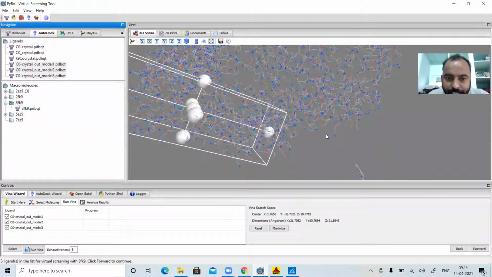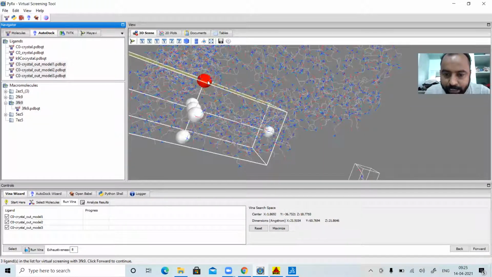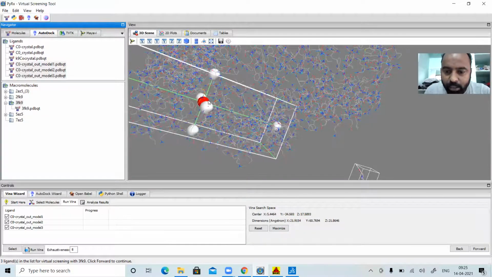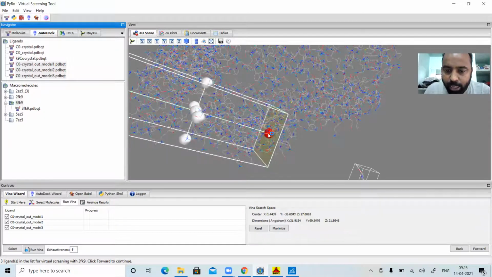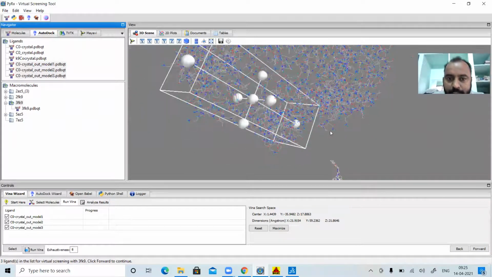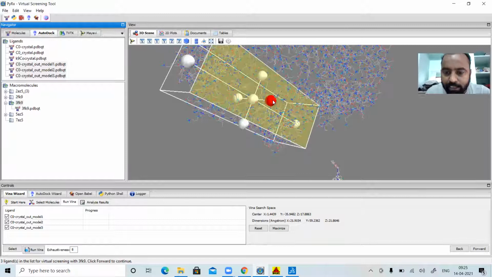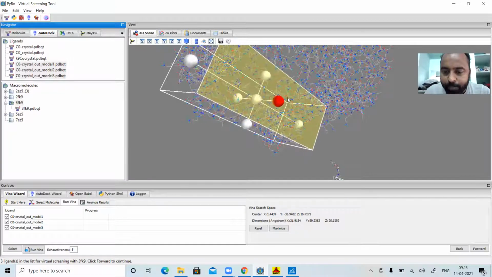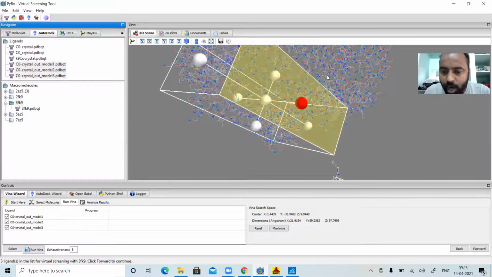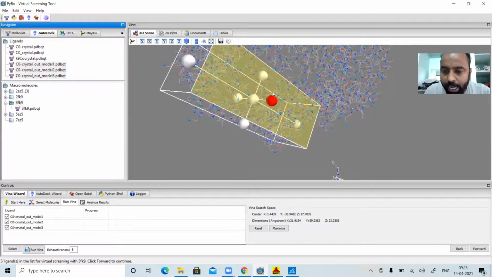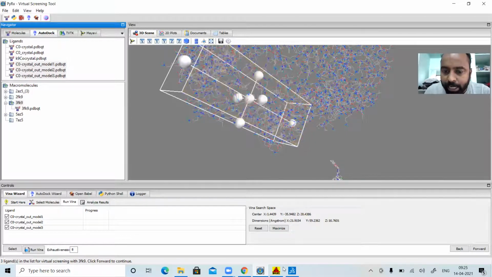For that, again I have to change my Z coordinate. Let me check. No, it's the X coordinate changing. So this one I will try to change. Yes, my Z coordinate. No, not exactly. Now my Z coordinate, I will see. So you need to optimize your grid coordinates by using these parameters. See, my Z coordinate is changing. Now I have to go until it shows my coordinate value of 20. Okay, so I am changing it. See, my coordinate has reached 20.